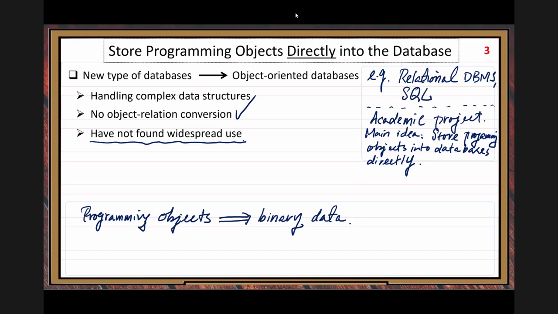With that idea, you can still maintain your data in text format. Business people like the text format, so you do not change that part. But you still achieve part of the goals that object-oriented databases wanted to achieve. Part of, not 100%. So what's that? Object relation conversion, object relation mapping. Conversion related to that mapping.